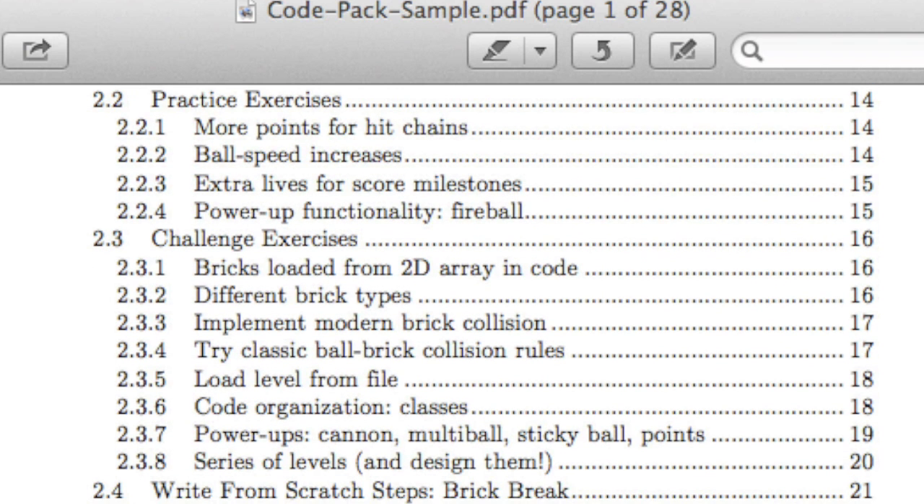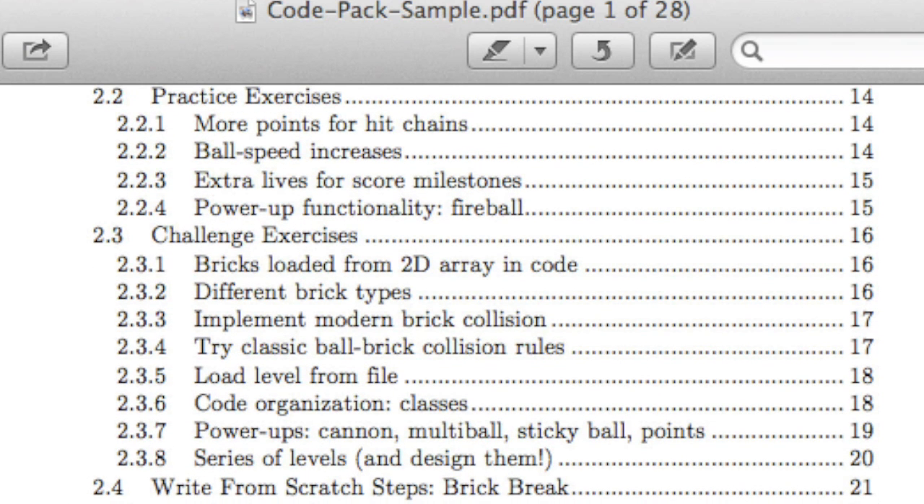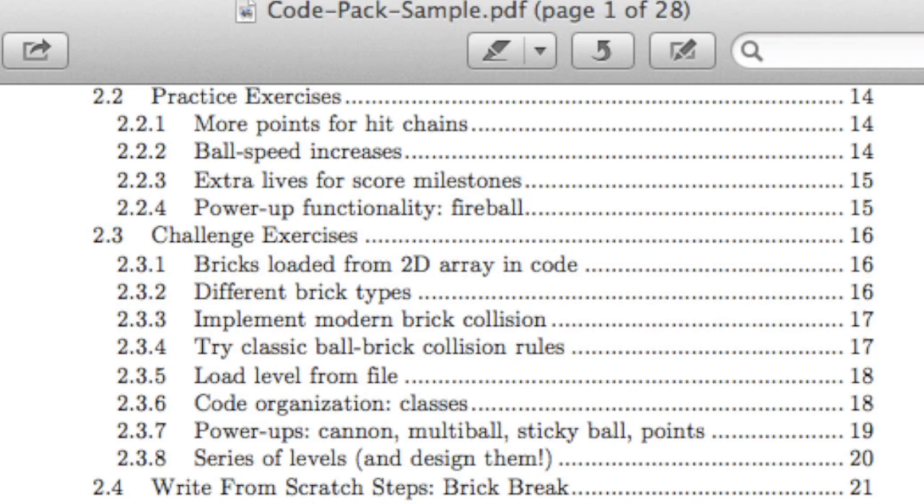Challenge exercises include bricks loaded from a 2D array in code, so you can have different shapes of levels, different brick types, like gold bricks that take multiple hits, or silver bricks, or invincible bricks, implementing modern brick collision, as opposed to, in the next one, trying classic ball brick collision. That has to do with a ball that either behaves in a more predictable, modern manner, or one which uses the old-fashioned, pretty weird rules, which are described here in the exercises, followed by loading a level from a file,